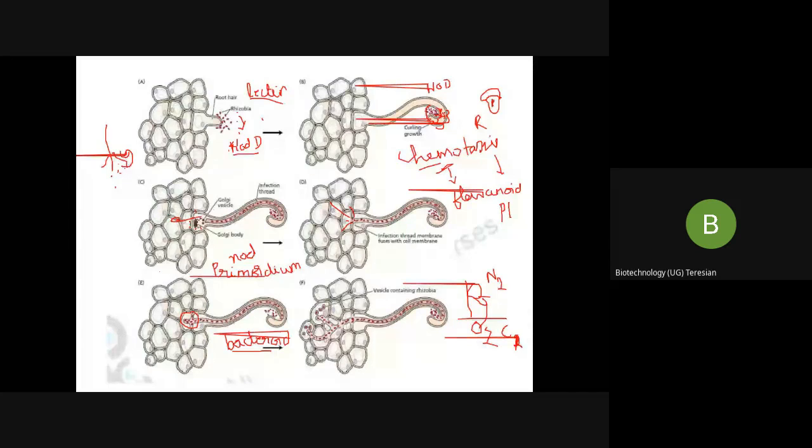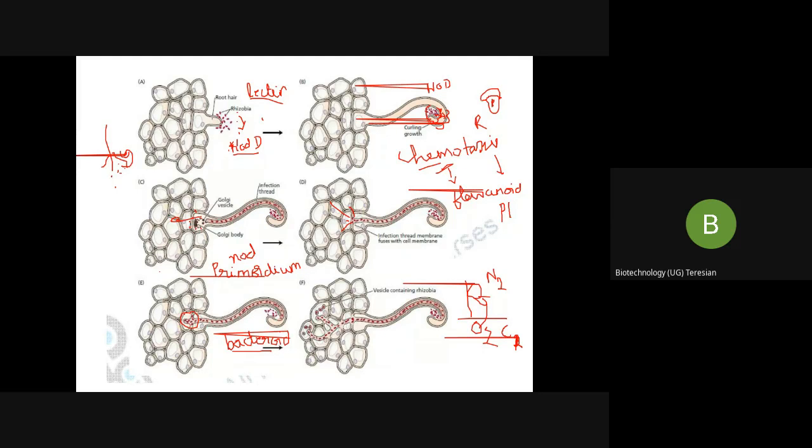So the plant plasma membrane carrying your bacteroids then fuses with the Golgi membrane. Then it starts the infection thread. Now this is all your bacteria forming the infection thread. Meantime, what happens in the root cortex is that the root cortex undergoes differentiation and cell division happens there. Now, once this infection reaches your root cortex, the tip of the infection thread fuses with the cortex, releasing all the bacteria. Now, what happens is the bacteria start producing branches. Okay, it tries to infect as many cells as possible.